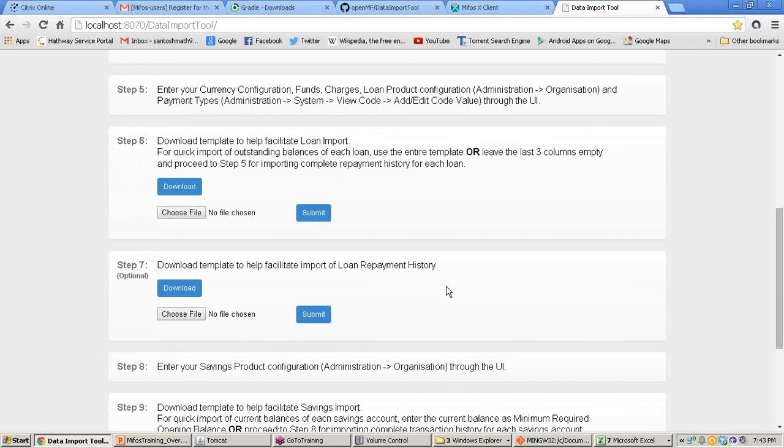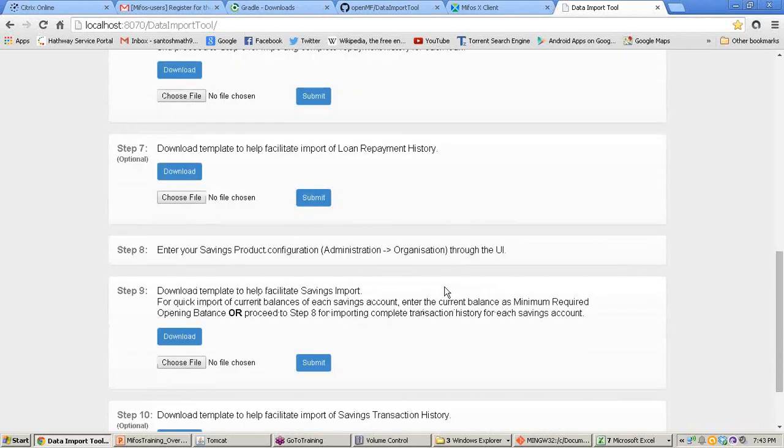And the final question, Santosh, does it update the accounting entries as well for the particular transaction? Sorry, I didn't get you. Could you repeat your question? Now with the loan repayment, normally in MyForce X it automatically updates the financial transactions also. It updates the GL and the trial balance.